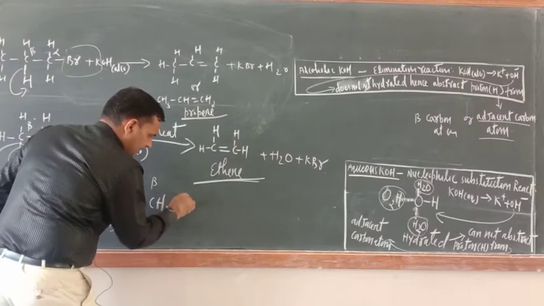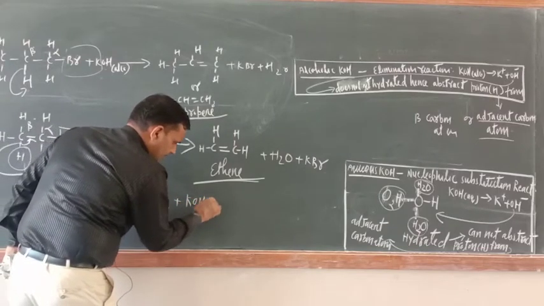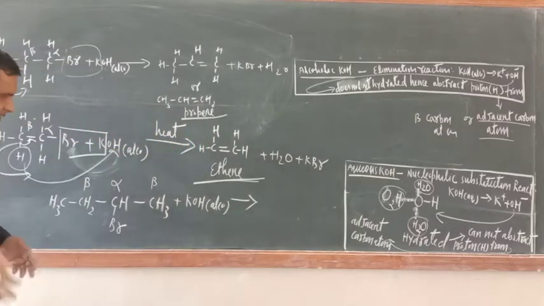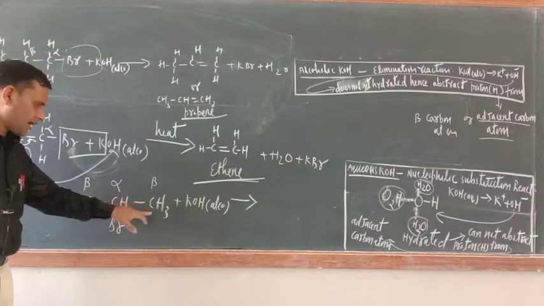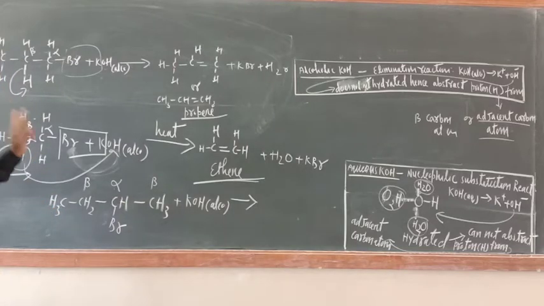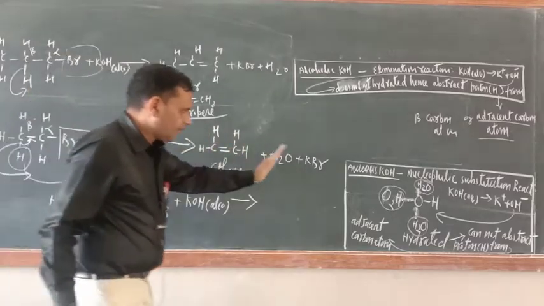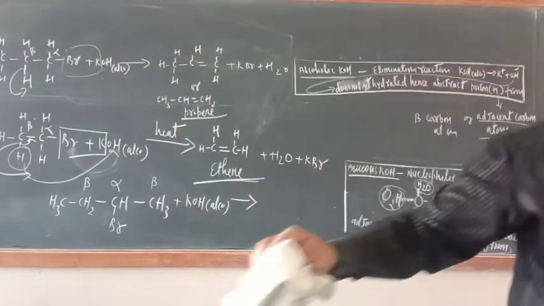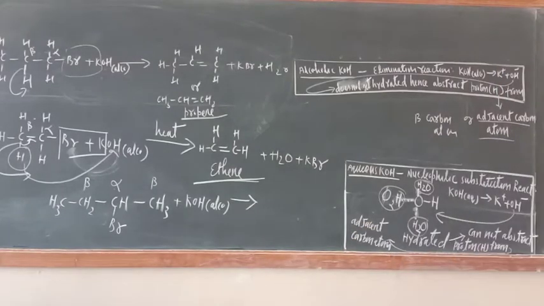If it is reacting with alcoholic KOH, then from here also hydrogen can be abstracted. So there are chances of 2 types of product. Let me wipe out this side, I will write. Then the Saytzeff rule will come into effect. And last year I taught you the Saytzeff rule: the alkene which is highly alkylated will be the main product. Okay, just see.